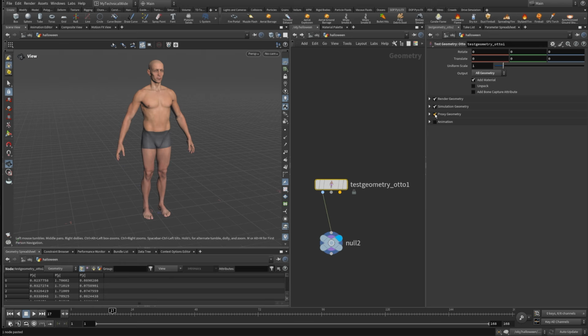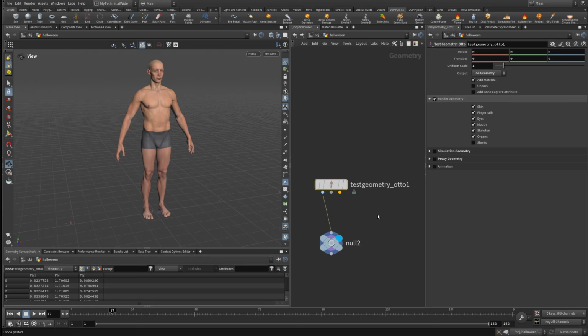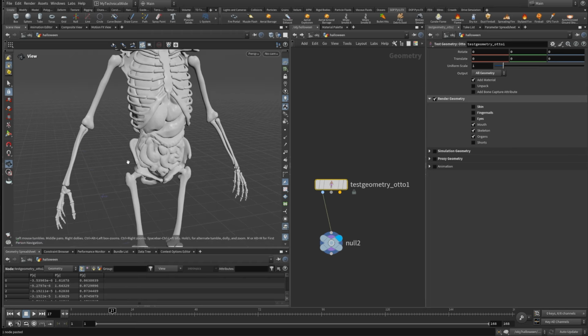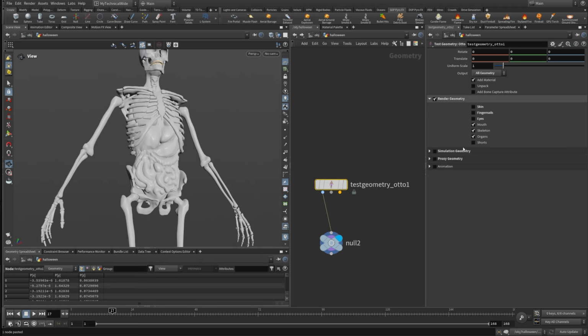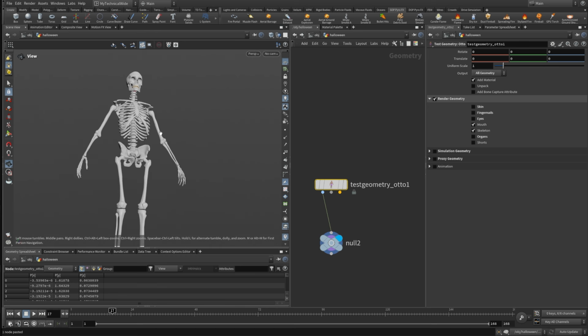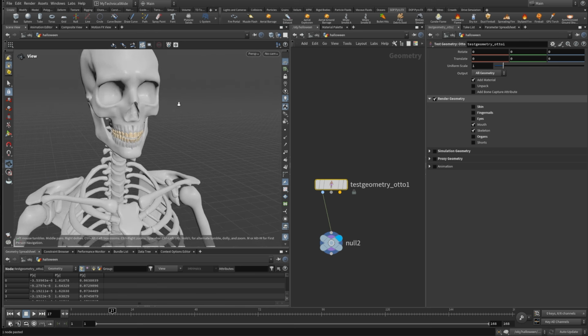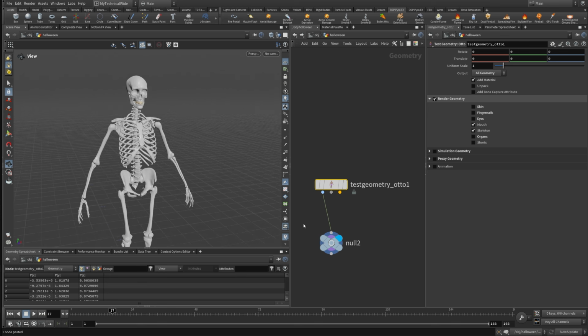We don't need any proxy geometry, we don't need simulation geometry. We're just going to take the render geometry. I'm going to turn off the skin, turn off fingernails, turn off eyes. I'm going to keep the mouth, and I'm going to also turn off the organs. But you can also maybe do something with the organs. Since this is Halloween, you can maybe do a soft body vellum. I'm going to leave it to you. So mouth and skeleton, this is what we have, and also teeth. Okay, so from here